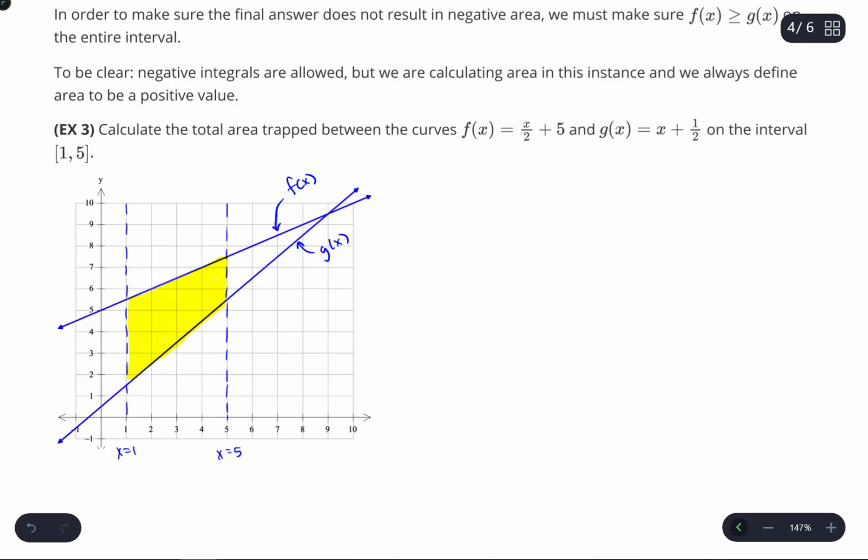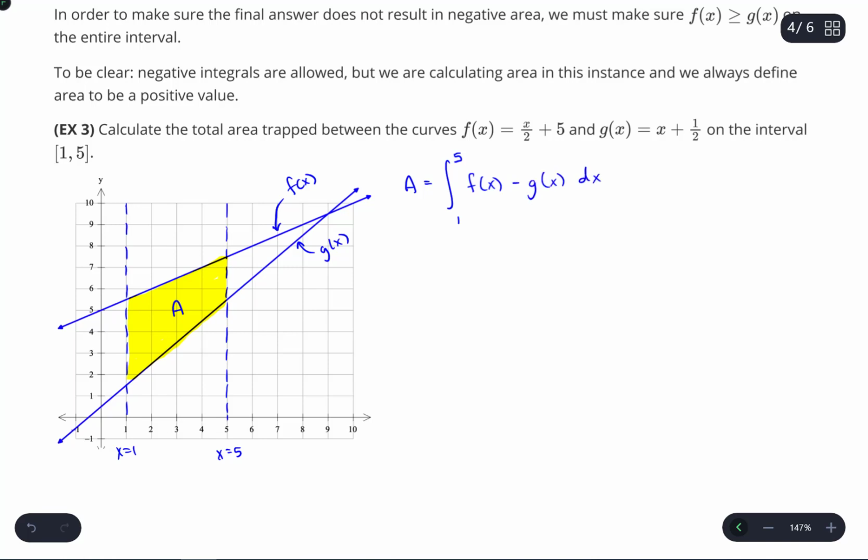Okay, so to come up with the area of that region, what I'm told is that I can find it by doing an integral from the lower x starting point to the upper, and then taking f of x, which is going to be the function on top, minus the lower function,